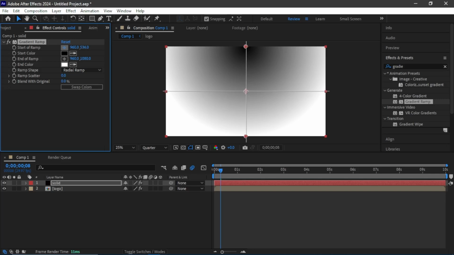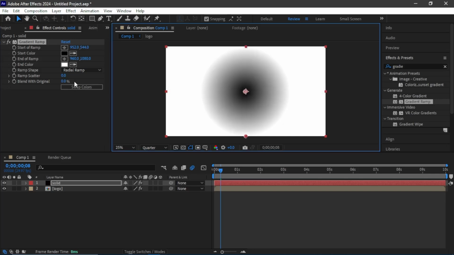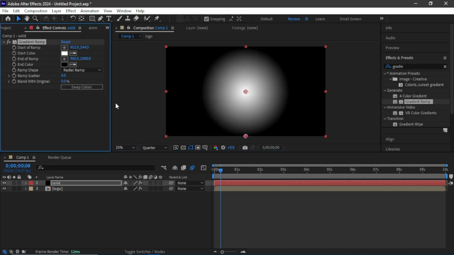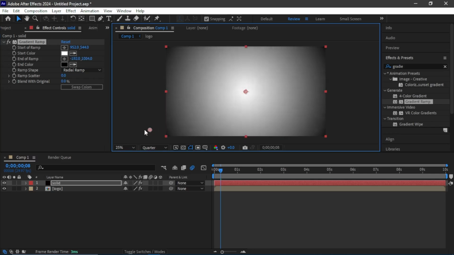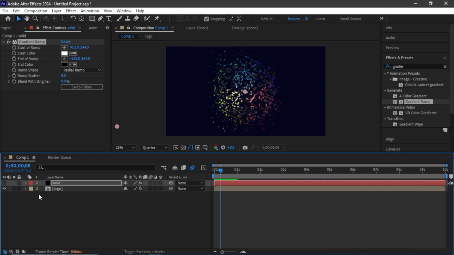So we are going to set the start of ramp here, and we are going to swap the colors. Then we come down here, we click and we pull. So we have something like this, and we are going to hide the layer to have something like this,